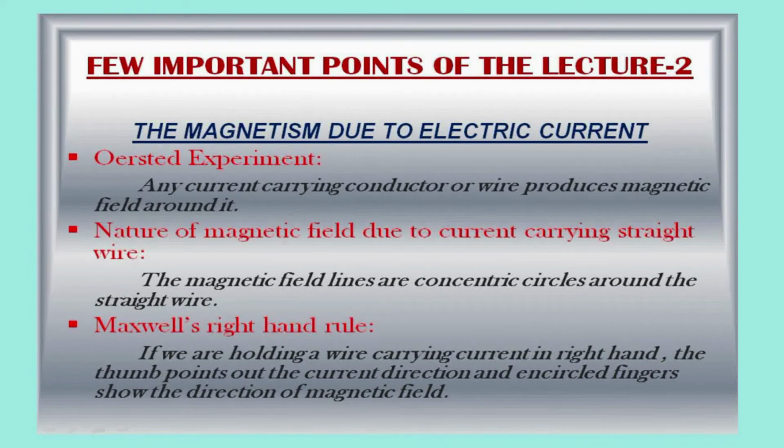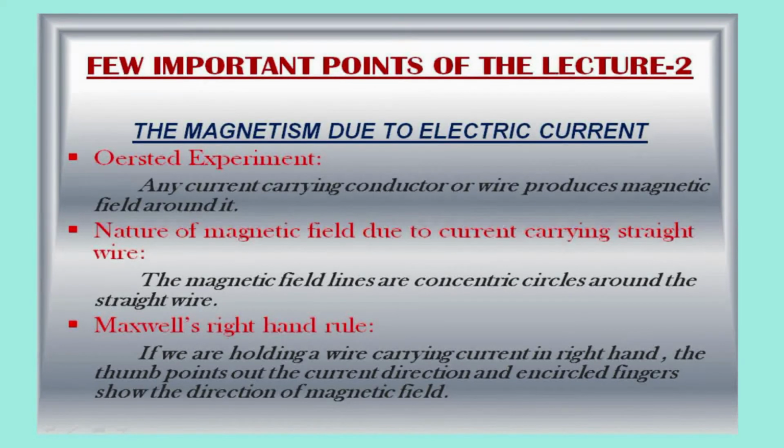In the past class, we introduced magnetic effects due to electric current, where we understood the Oersted experiment, the nature of the magnetic field due to a current carrying straight wire, and Maxwell's right hand rule. So, the Oersted experiment